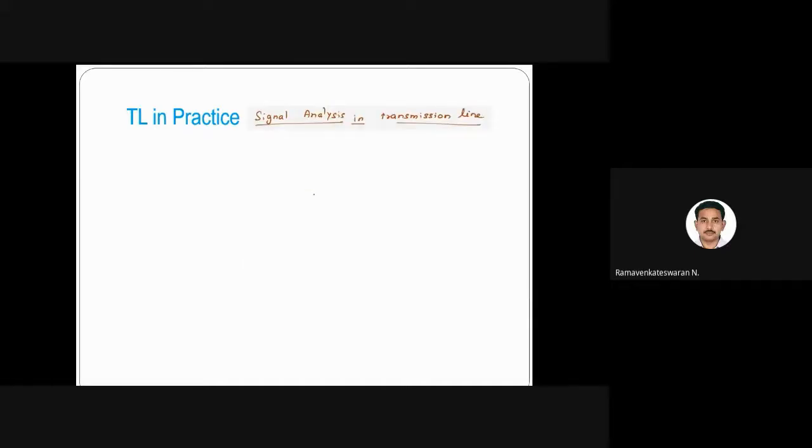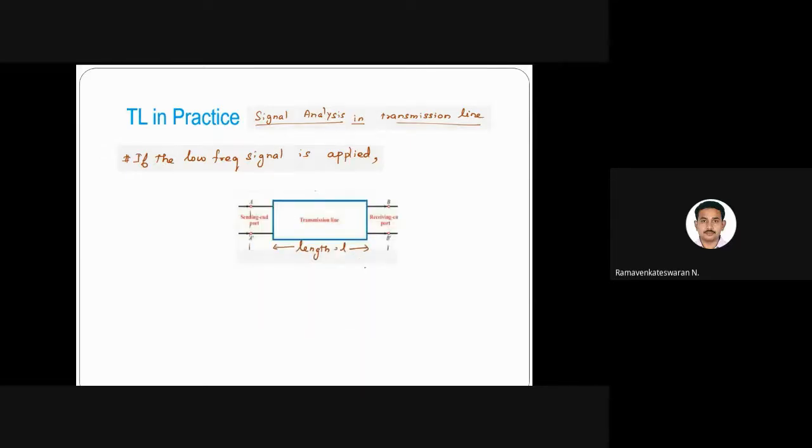This is actually a small analysis. It may not be necessary for the equations, but it shows what happens at higher frequencies. It is a small analysis for your review, to relate low frequency and high frequency. If a low frequency signal is applied, with length L, for example 1 kilohertz and 5 volts, at points A and A dash at 0 seconds, this is my signal. If you convert this frequency to wavelength, we have done that.